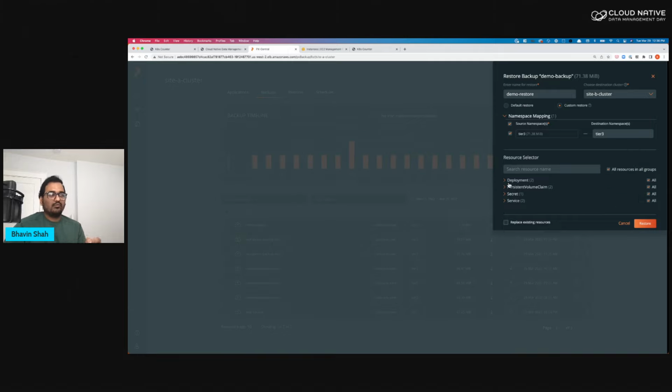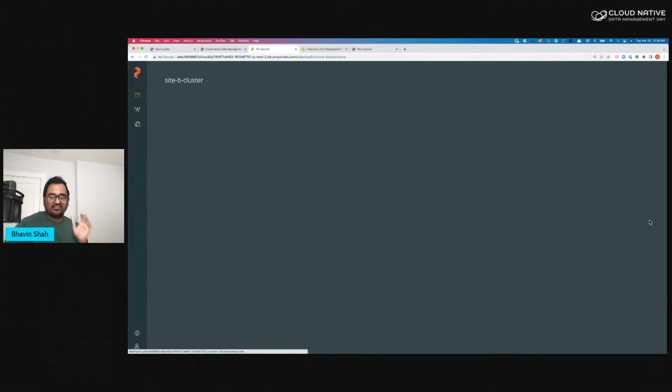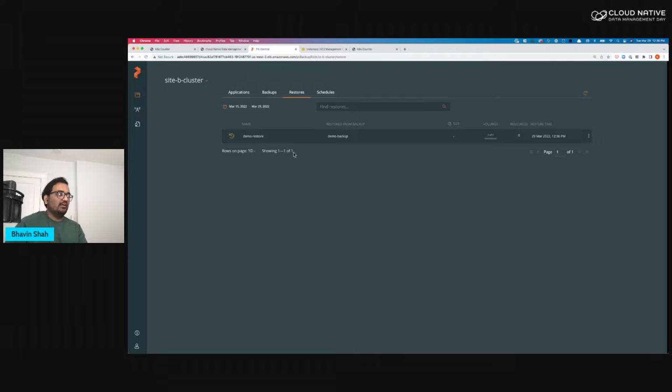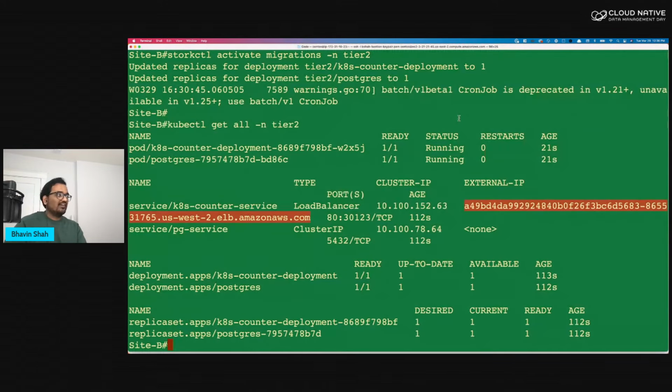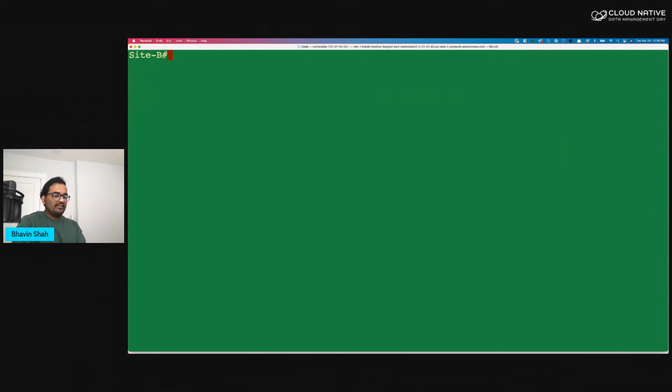You can select what objects inside the backup job you want to restore. And once you have customized all of that, just hit restore, and PX Backup will initiate the restore job for your Kubernetes application. So let's go to the secondary cluster and do a kubectl get all in the tier 3 namespace.